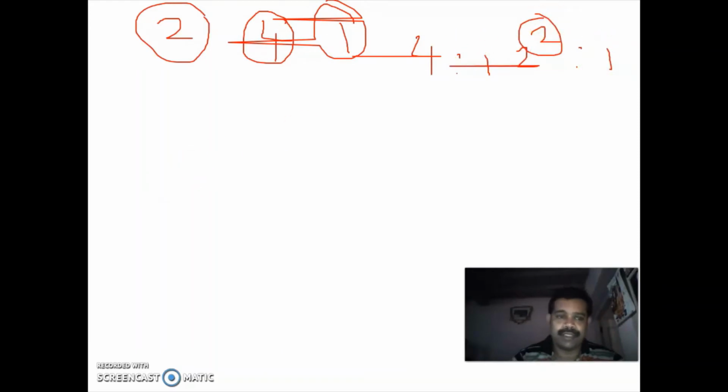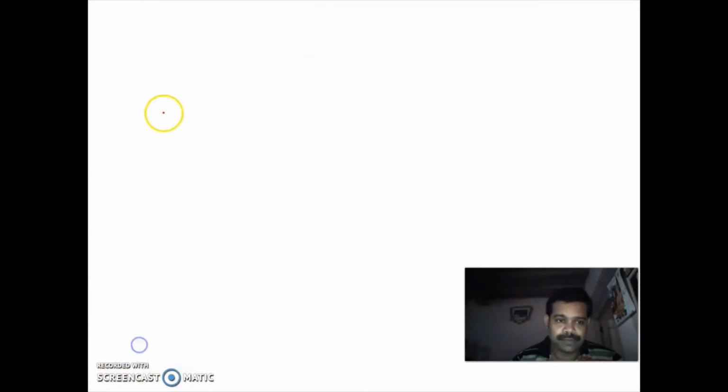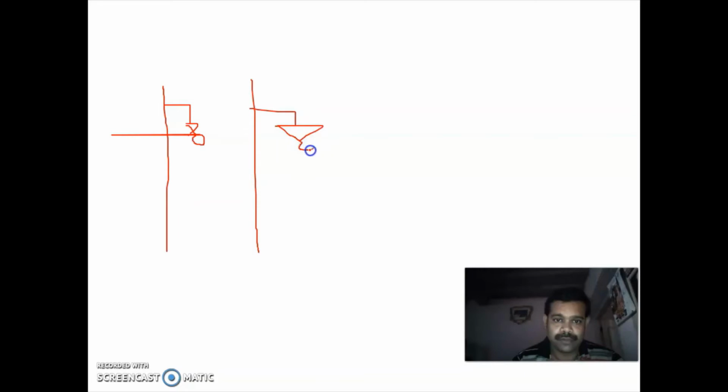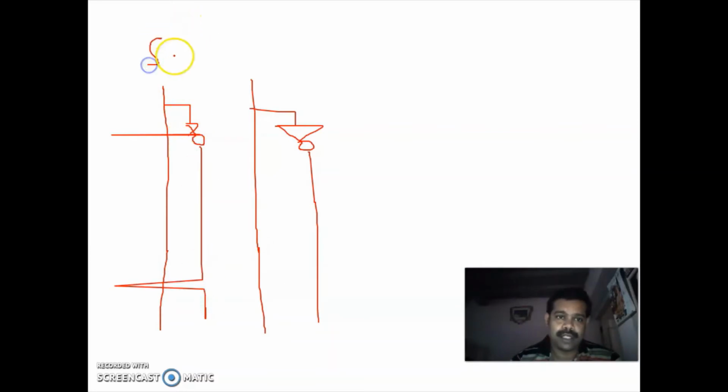This is the select line. First you have to put two select lines, S naught and S1.